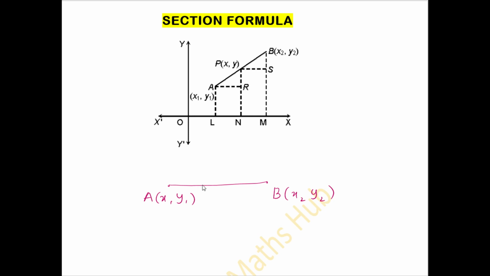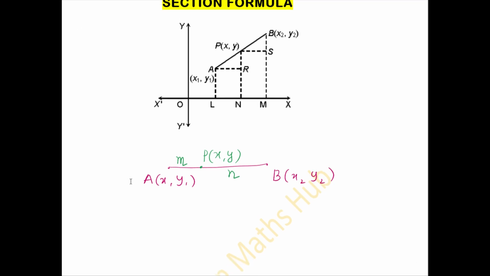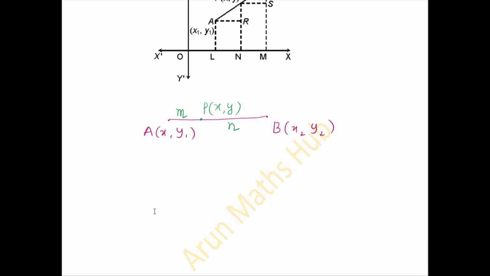Now assume a point P of x comma y which divides this line segment in the ratio m:n. Then the coordinates of point P of x comma y is given by the formula